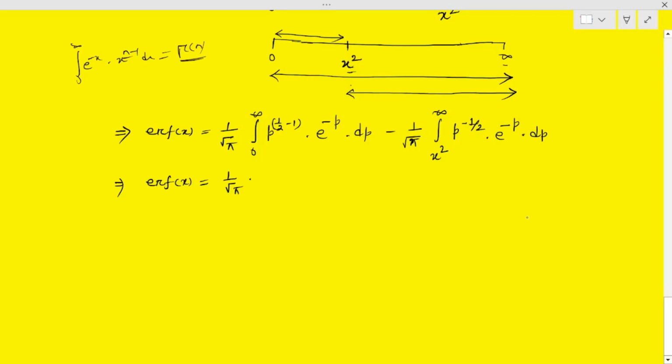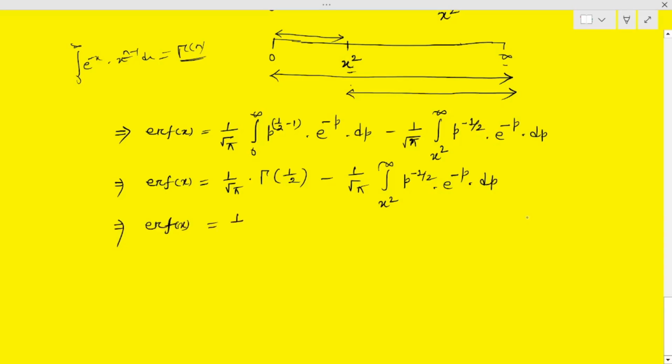So here instead of n we have half, so gamma half is nothing but root pi. Minus, here you just write as such, this integration x square to infinite p to the power 1 by 2 into e to the power minus p dp. That implies here error function of x will be equal to, here gamma half is